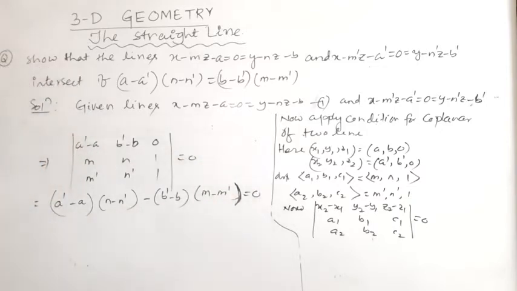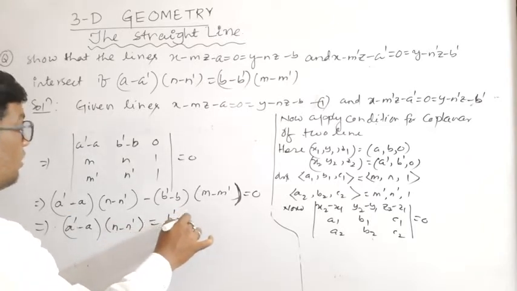Now, the condition is, take this side, that implies a dash minus a into n minus n dash